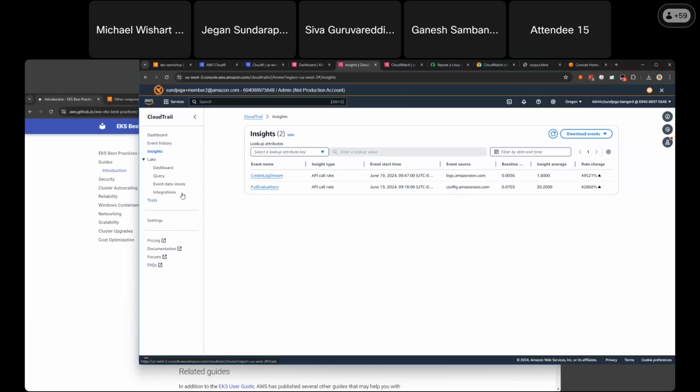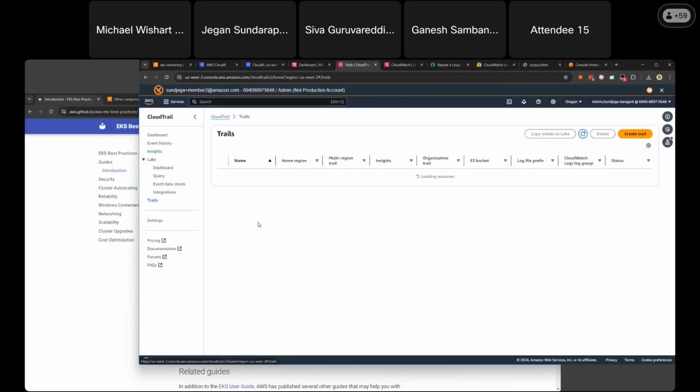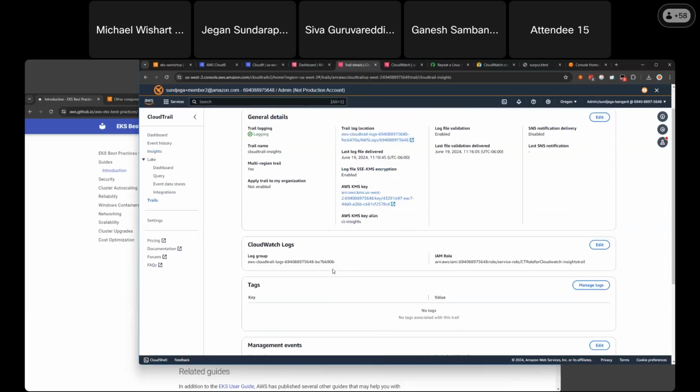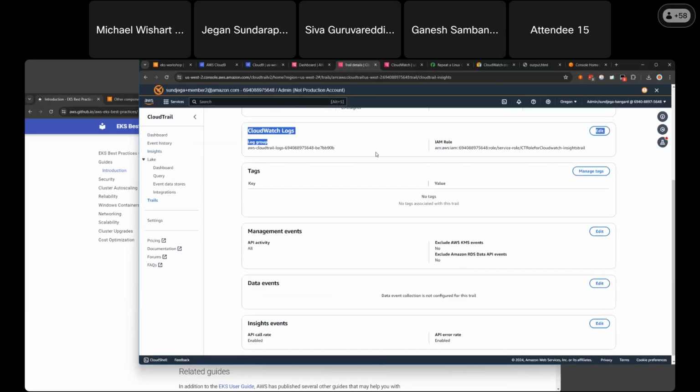The way you can get alerted for any insights is by having this trail sent over to CloudWatch. So you can enable CloudWatch Logs for your CloudTrail events.